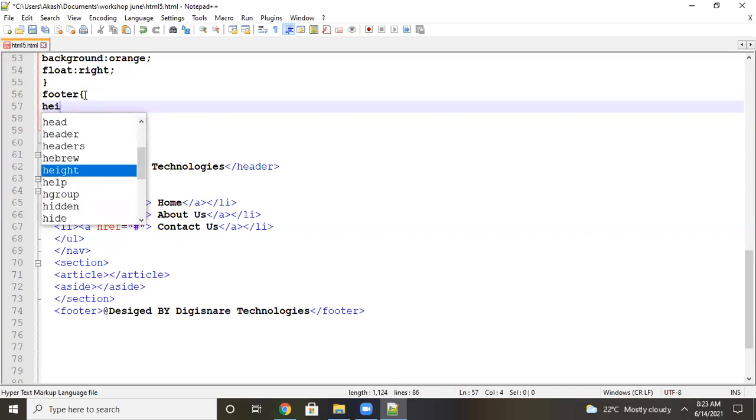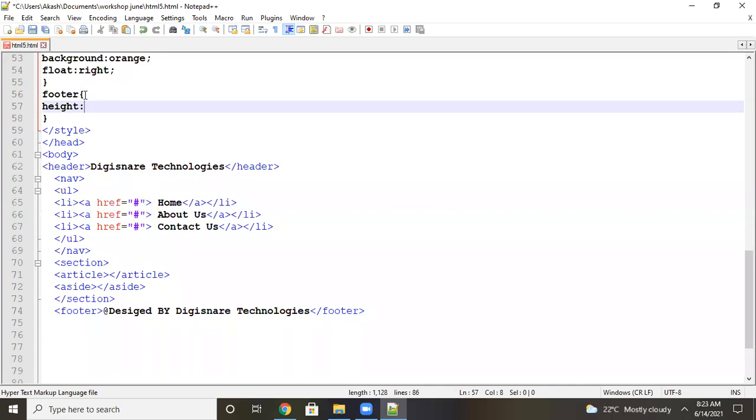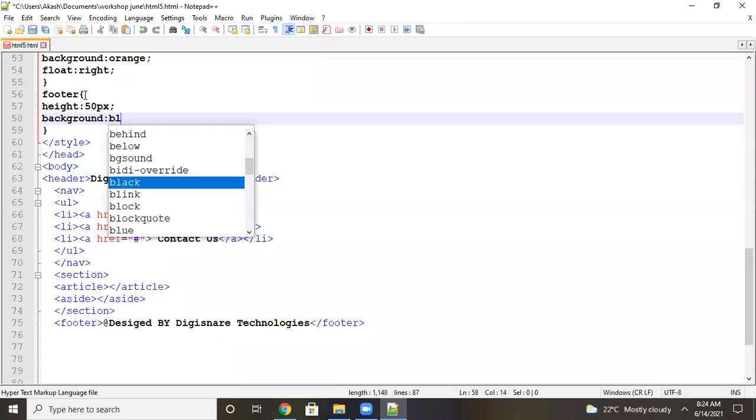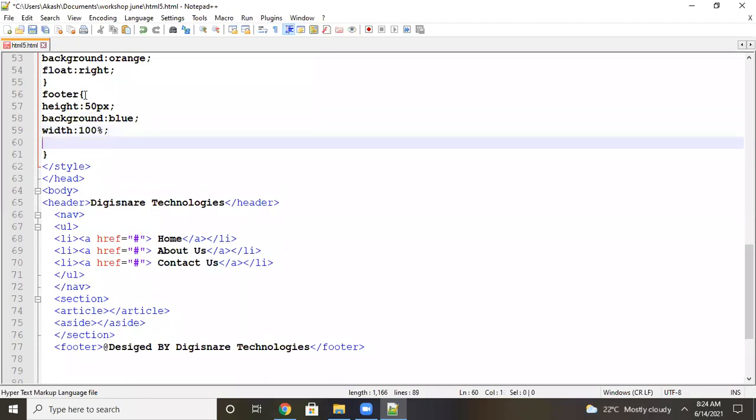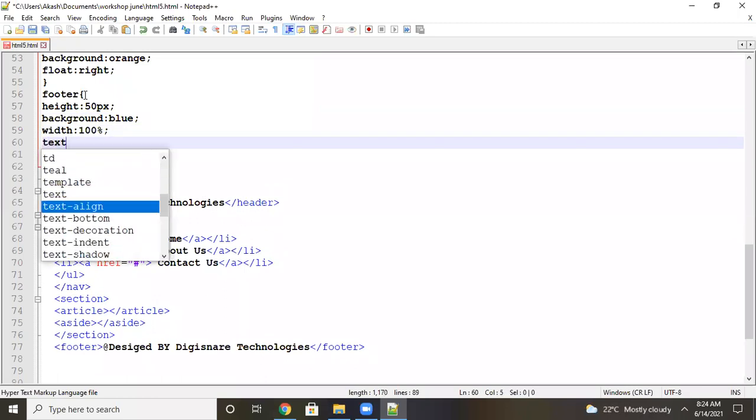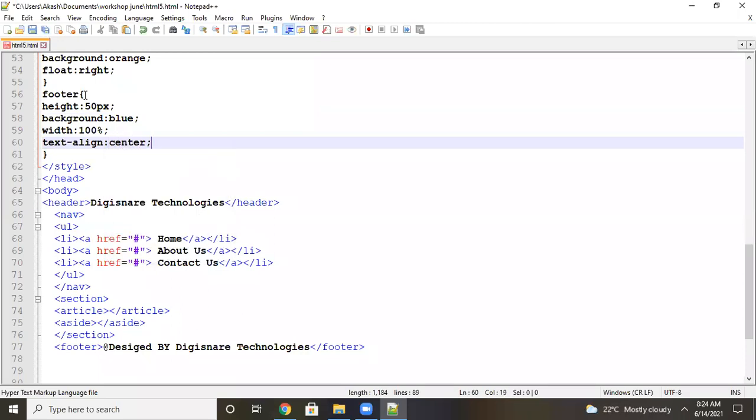I will say height, px, background blue, and width always I will keep 100%. And text align center to bring it into the middle.